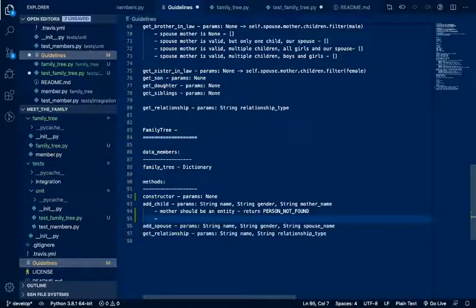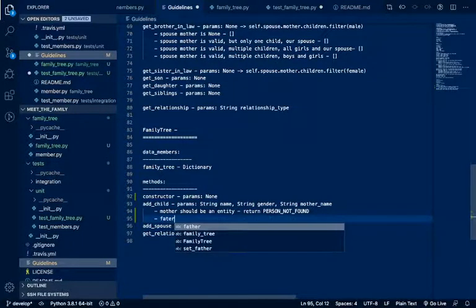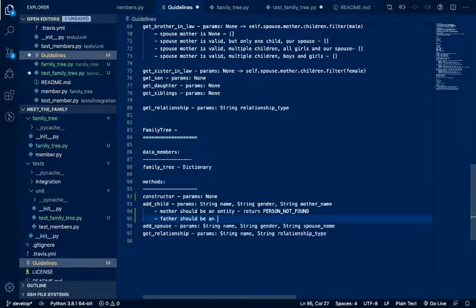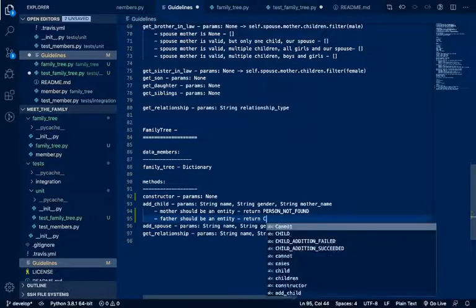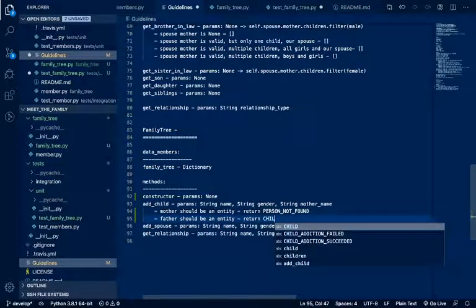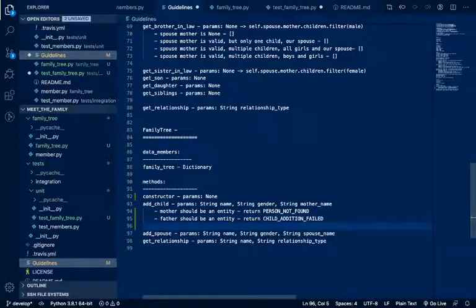If mother is a valid entity, then what we do is, father should be an entity. Otherwise, again, we're going to not add person not found because mother was found. We're going to return child addition failed because father was not found, right? Since mother is a valid entity and mother dot spouse, that is father, is also a valid entity,